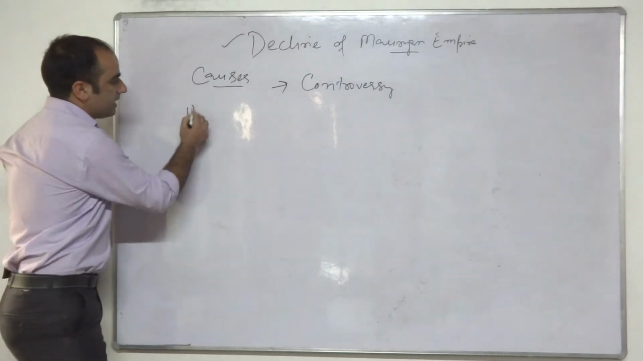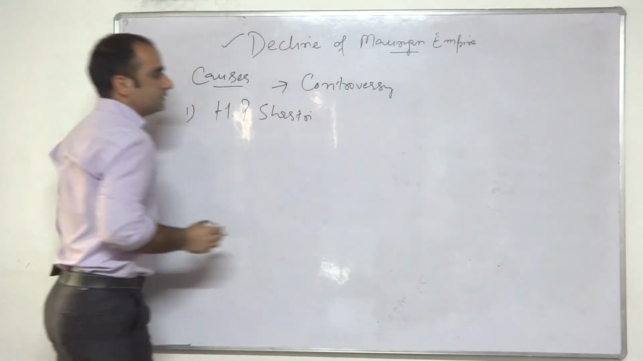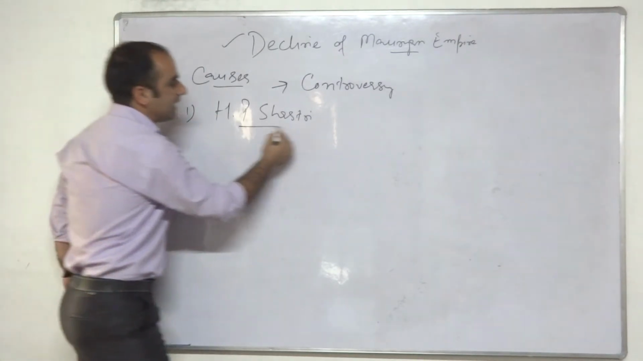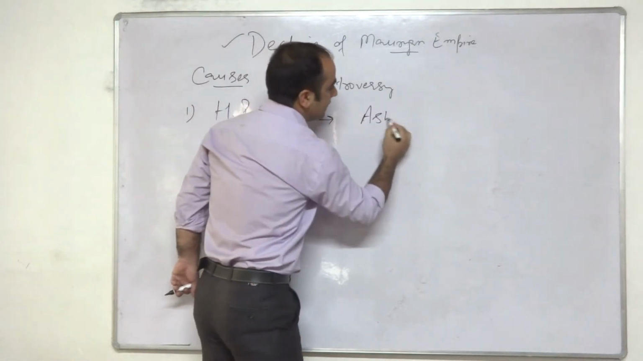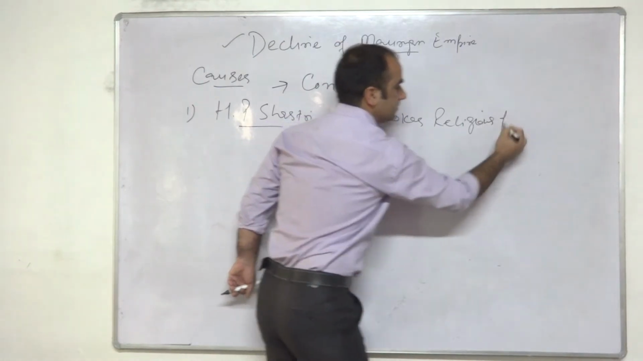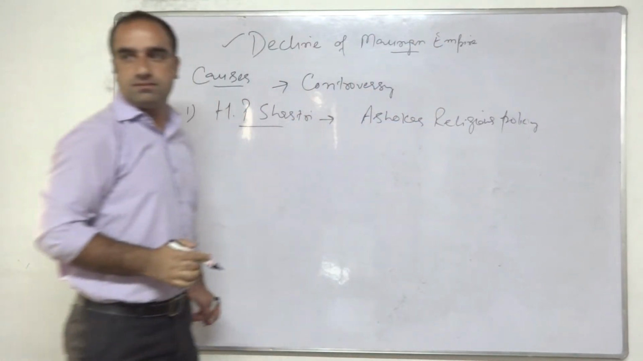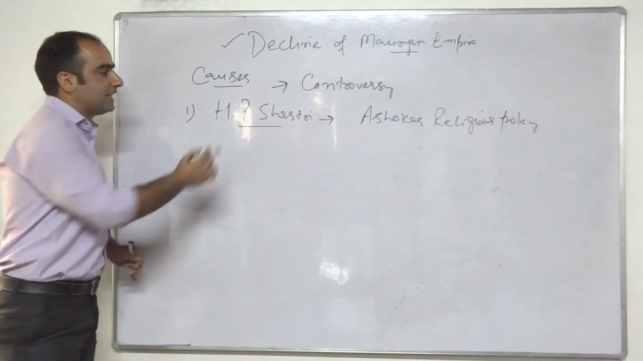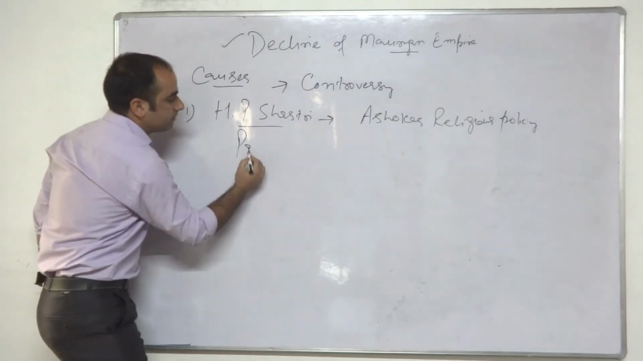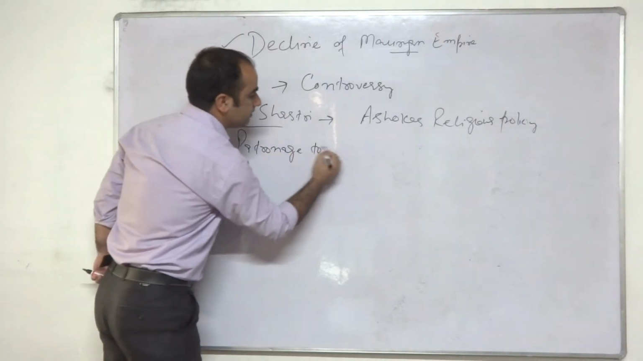So the first important historian is H.P. Shastri. There is one school of historians led by H.P. Shastri who are saying that it was actually Ashoka's religious policy which led to the decline of the Mauryan Empire. They are saying it was Ashoka's religious policy, his patronage to Buddhism, this religious policy in which he gave patronage to Buddhism,